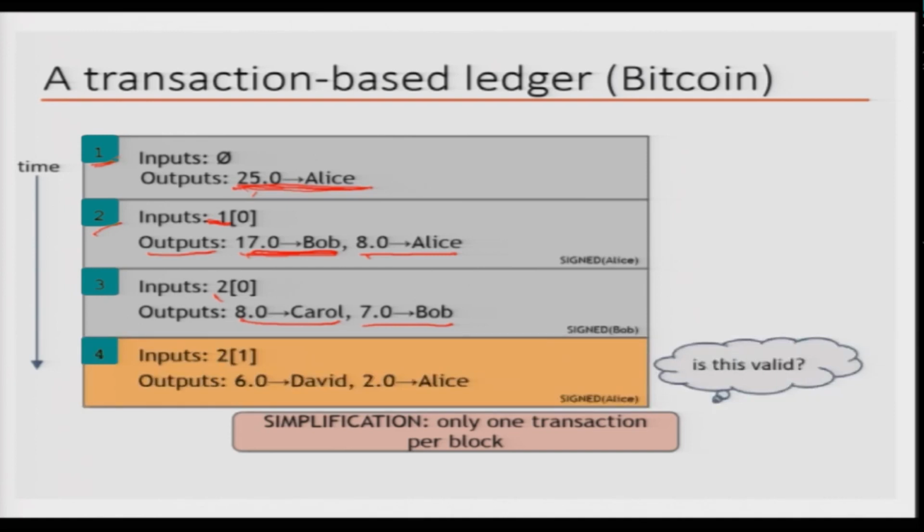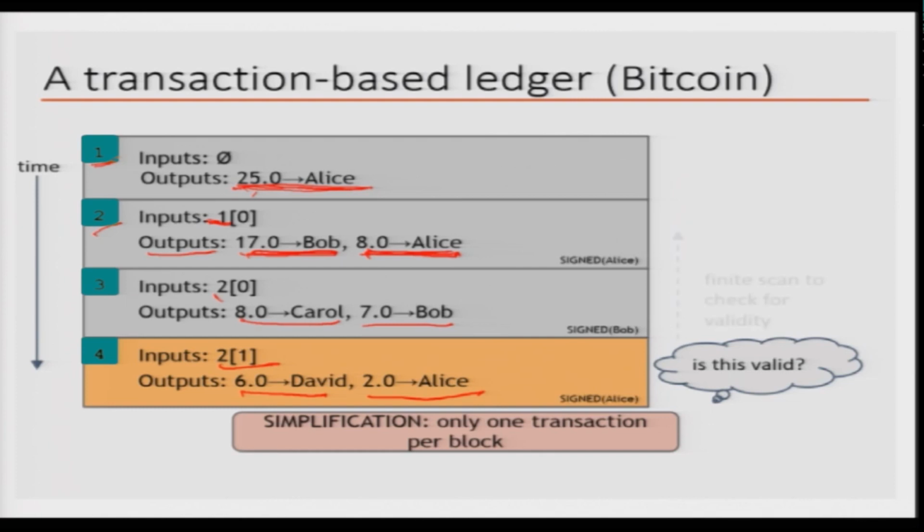Now Alice again wants to make a transaction. She got money in transaction 2, and she cannot use transaction 1 anymore, because transaction 1's output has been spent. Transaction 2 is the only transaction where she got money, from herself only, but she got money there. So she refers to entry number 1 of the outputs of transaction 2, that is 2 indexed with 1, and there she gives 6 to David and the rest to her change address. So this is the way Bitcoin does this.